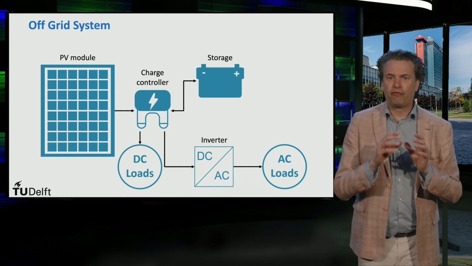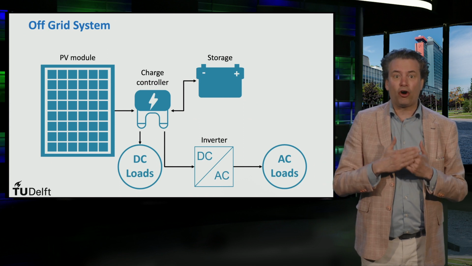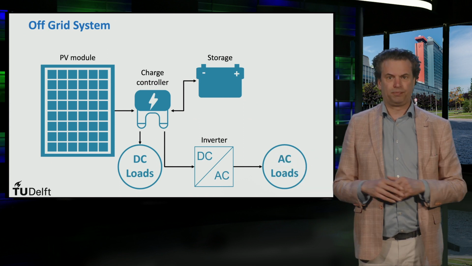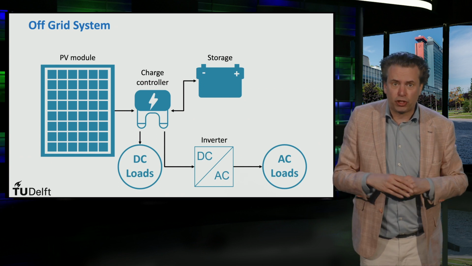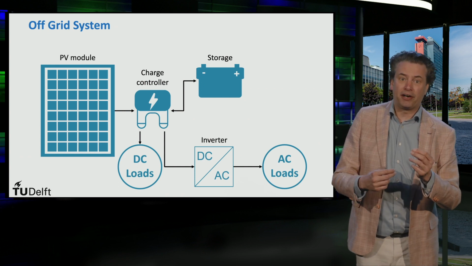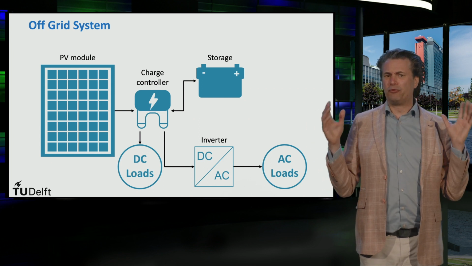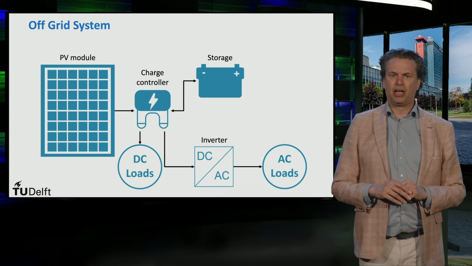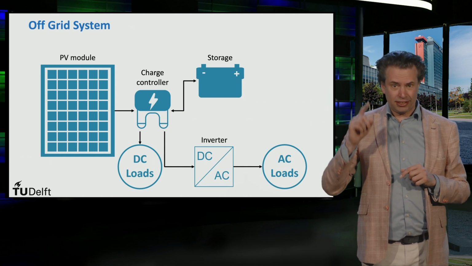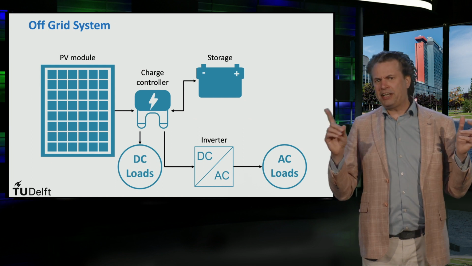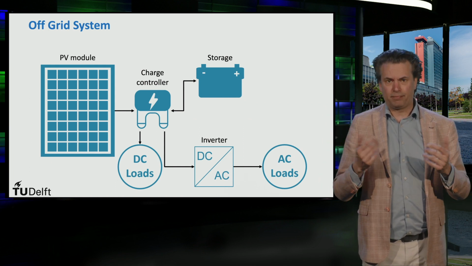Basically, current from the PV modules will either flow into the battery or go to the loads. If the loads demand more current than the PV modules can produce, current will flow from the batteries to the loads as well. So why does this system really need a battery? Why can't we just power the loads with solar energy directly? One major reason is the mismatch between supply and demand.